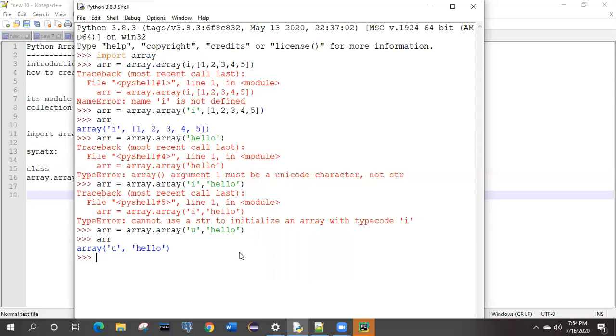It is not like the integers 1, 2, 3, 4 in the list, right? In the previous one, that's what I'm telling. If you look over here, in the first example we have given the array elements as a list of the values 1, 2, 3, 4, 5, right? So it was the integer type, correct?